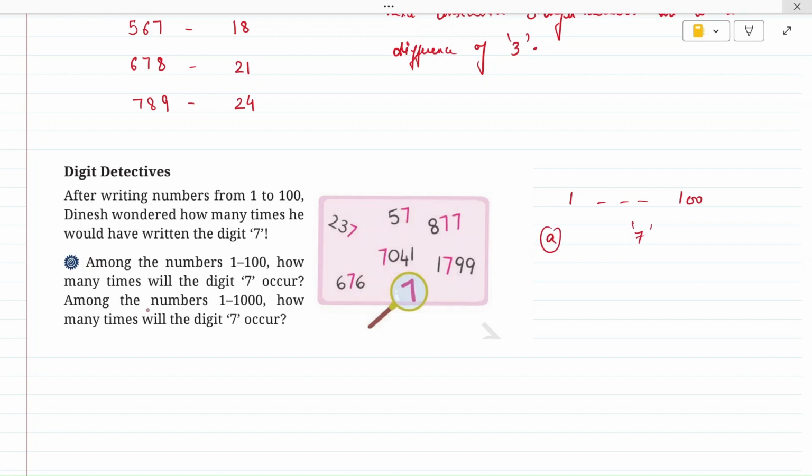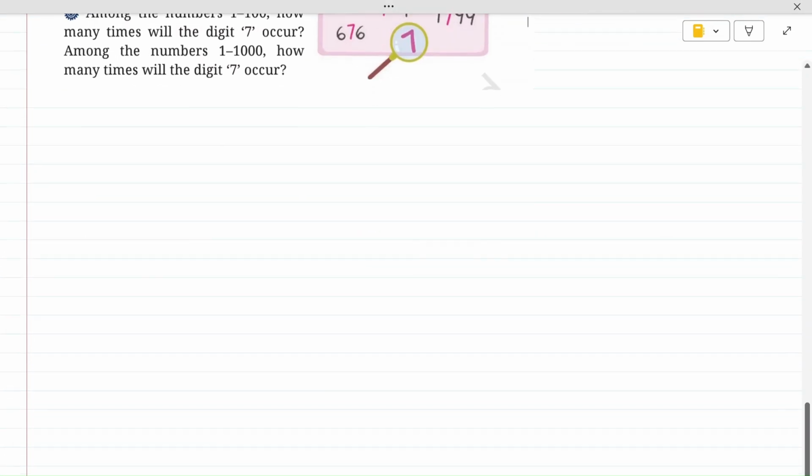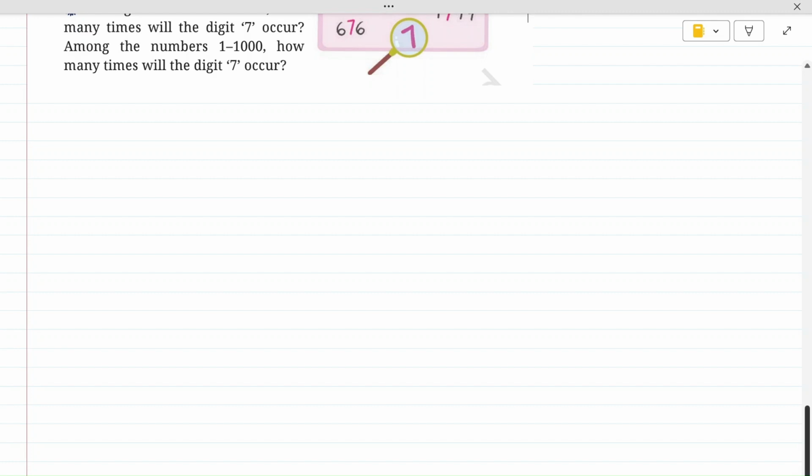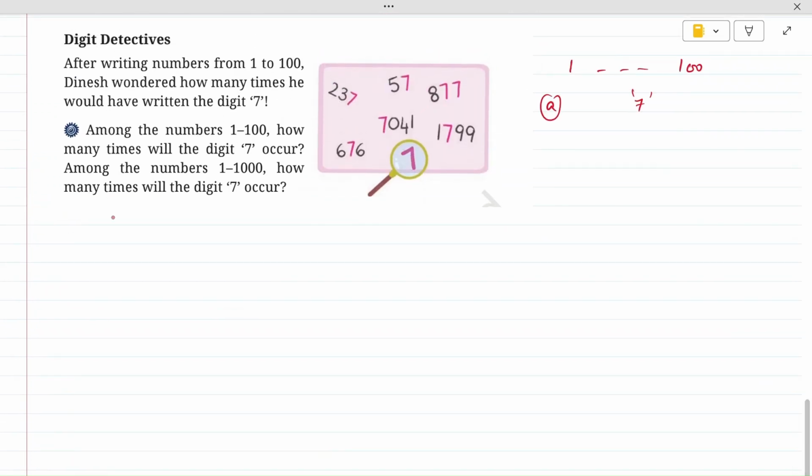Next is among the numbers 1 to 1000. So now we have expanded this range to 1000. Again, we have to see how many times the digit 7 has occurred. Okay, so let's start this, kids. I'm writing it here. For the first part,